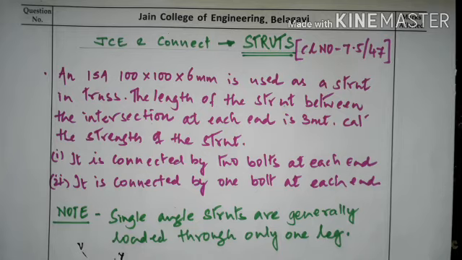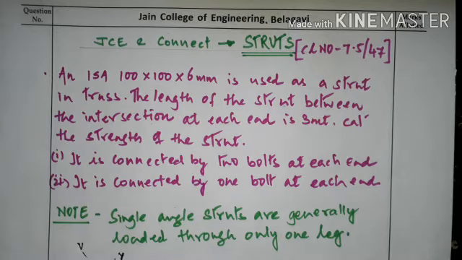So the important thing here is its behavior, the load carrying capacity or the behavior of the section, how it will differ if you are using single angle, and if you are using double angle back to back of gusset plate, that is opposite side of gusset plate, and double angle on same side of gusset plate. Okay, we are going to discuss that in the further sessions. So we will start with the discussion one by one.